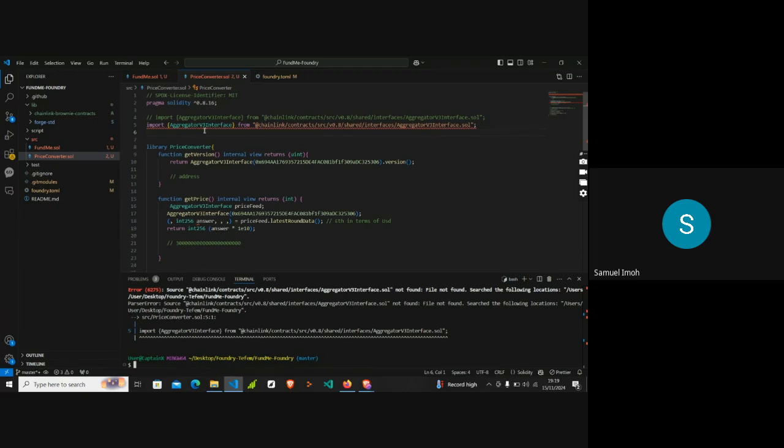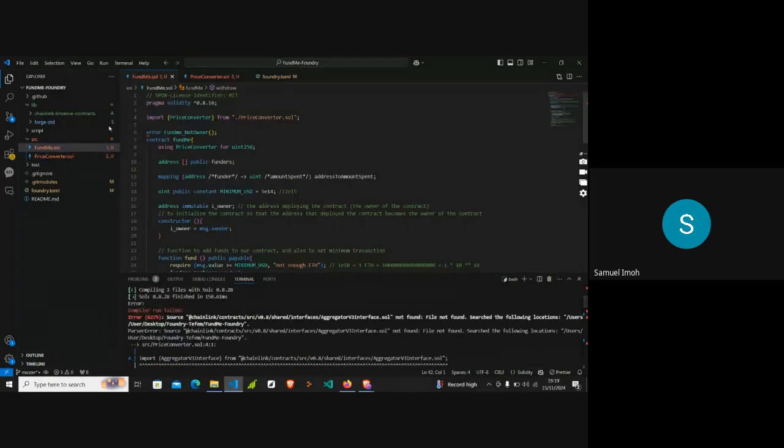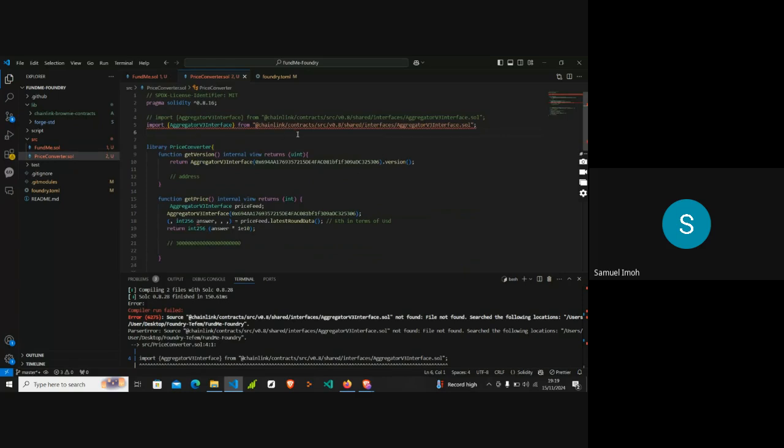Everything is supposed to be working fine. The Chainlink Brownie contract is installed and stored well. Our configuration is okay, and I still don't know why it is not fetching. But all the same, let us write